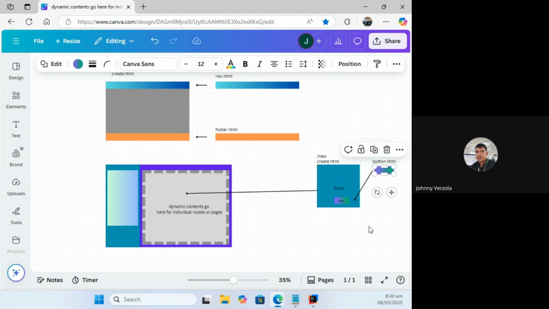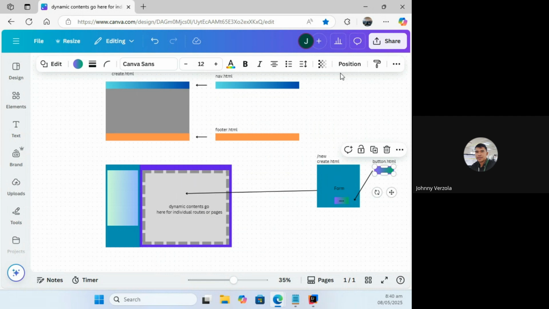So we can modularize. This thing basically is following the concept of modularization. What do you mean by modularization? You break down the whole design into smaller components to increase reusability and avoid redundancy. Okay? Para ma-avoid natin yung redundancy.